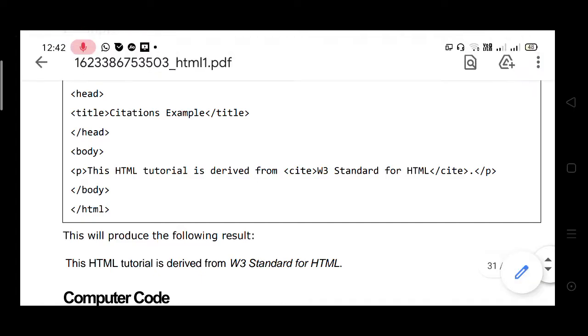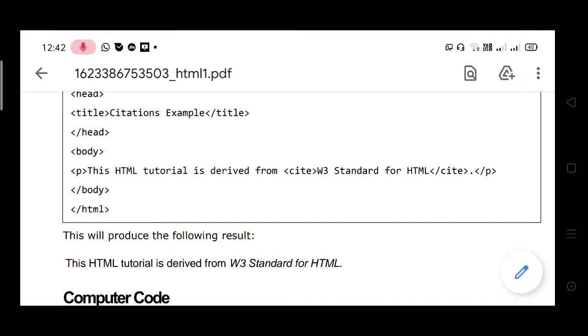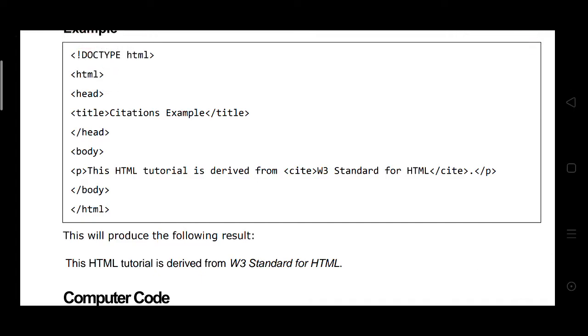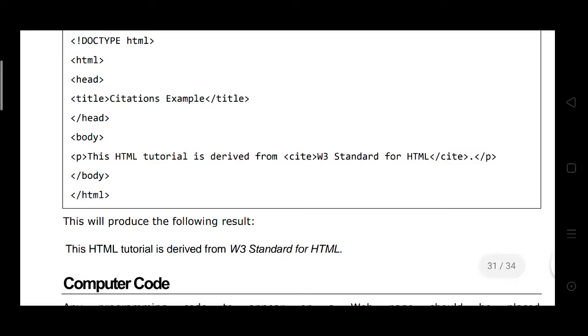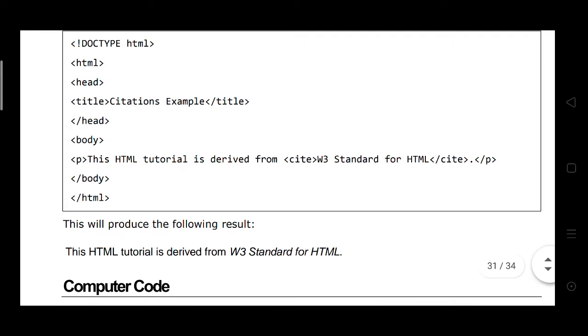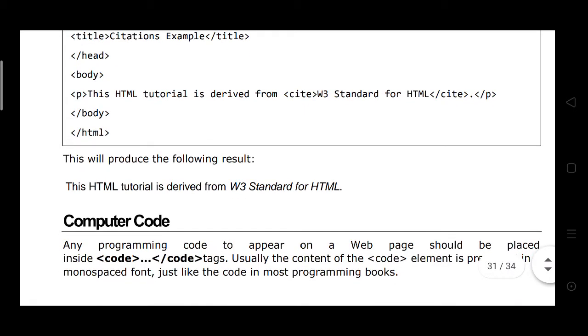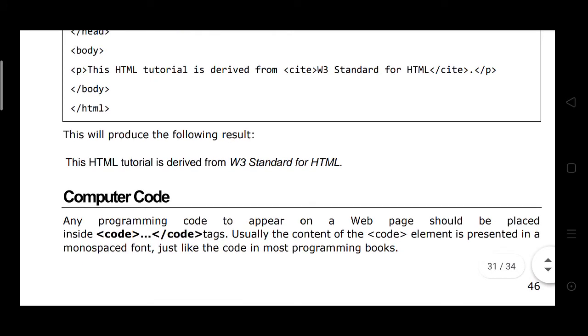Here we write it as: this HTML tutorial is derived from cite W3 standard for HTML cite. The procedure gives the following result: the HTML tutorial is derived from W3 standard for HTML.